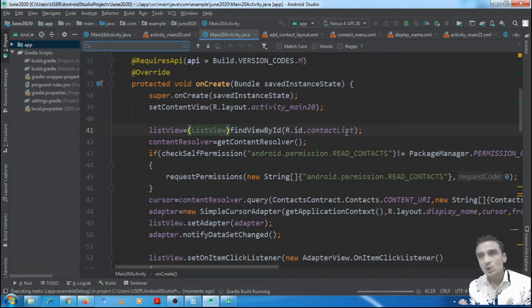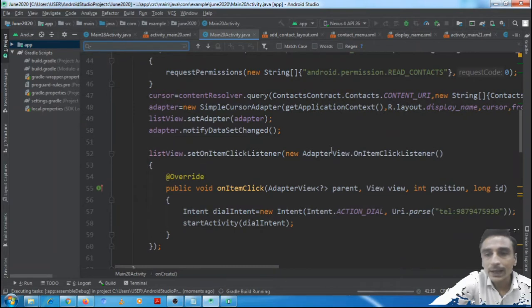Now actually what should be done? Here we have passed the number statically, but actually the number which we are passing to the dialer application should be fetched from the contact provider's table. It may happen that the particular contact on which the client has clicked does not have any phone number associated.